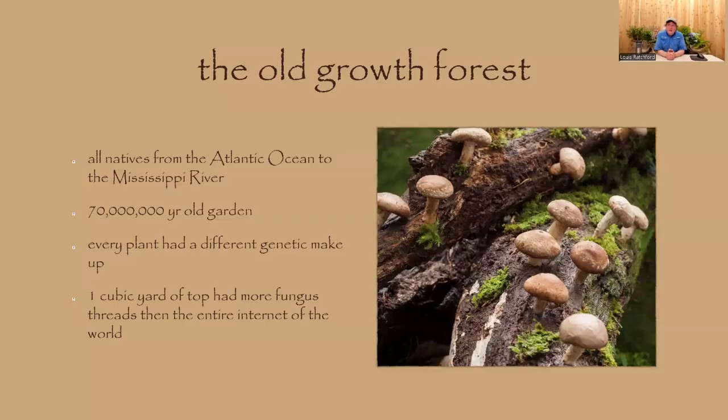When you look at every single plant in this huge, huge forest, every single one of them was genetically different, which I find amazing. One of the reasons why these plants have survived for so long and were able to adapt so well was because of having different genetic makeup. If a disease would come into the area and wipe out millions of different trees, there was always a few of them that actually could withstand that. And in doing so, over the next million years, they would actually repopulate the forest. I find that quite amazing.